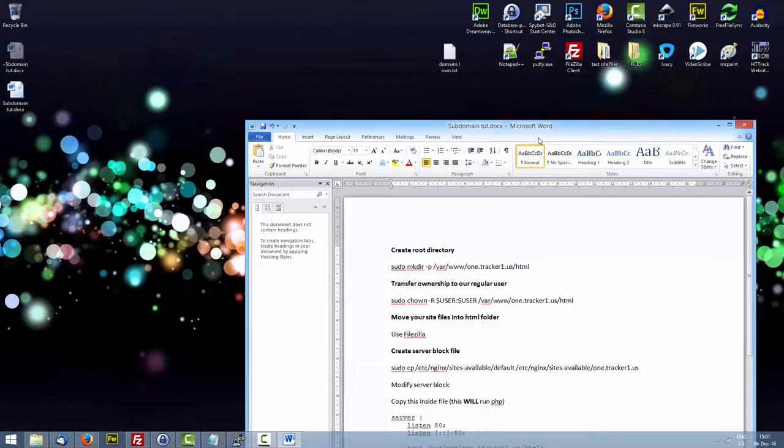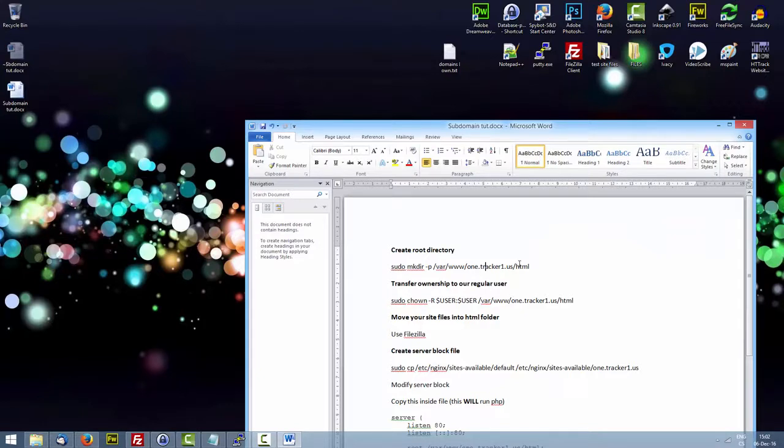The next steps will be exactly the same as if you were creating a server block. So please go to my server block video, watch it, and the steps will be exactly the same, with one difference. Each time you type in your domain, like tracker1.us, you'll want to have the whole subdomain with your actual domain there as well. So you're going to use 1.tracker1.us, and in your HTML folder, you're going to have your tracker1.us folder, and you're going to create a new folder that's going to be called